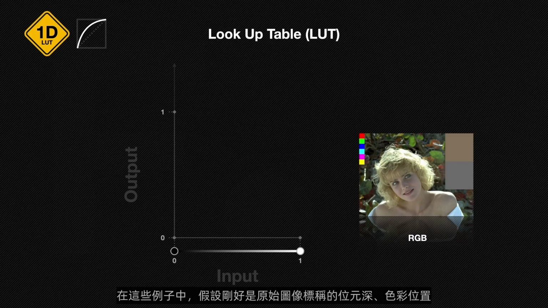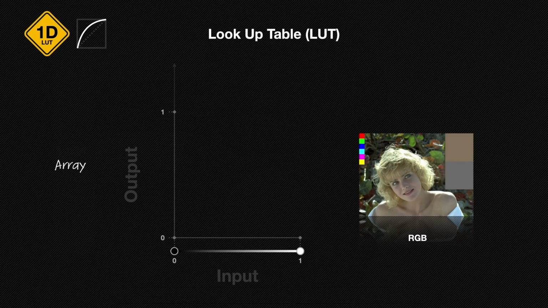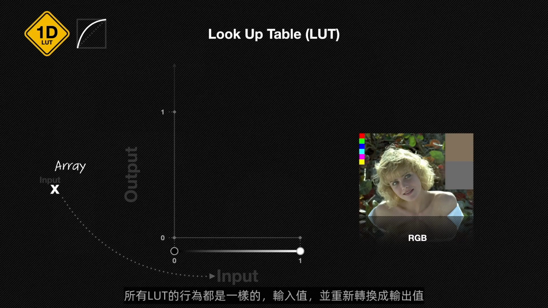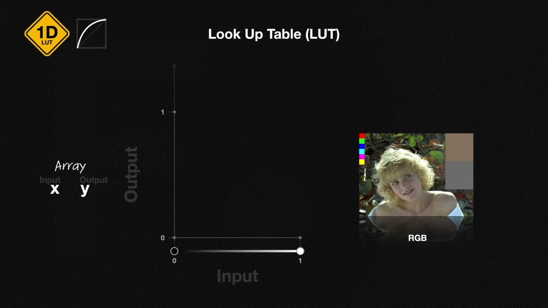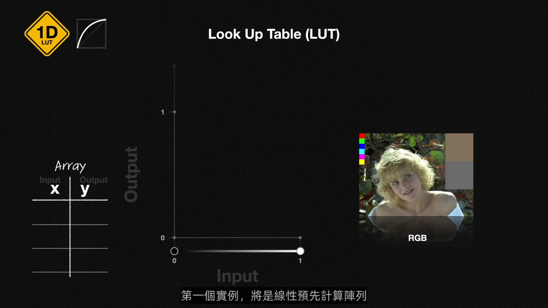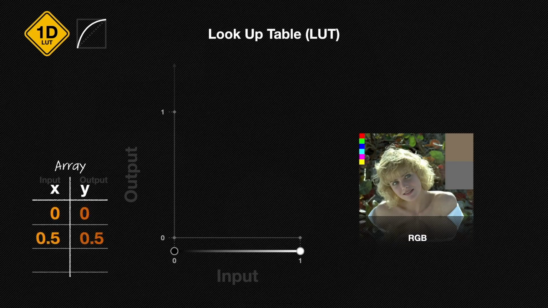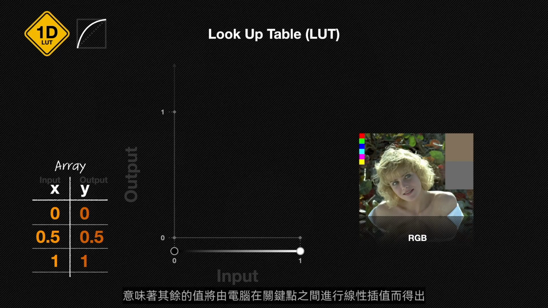So for these examples, I'm assuming just the nominal bit depth color positions of a raw image. In any case, strictly speaking, all LUTs behave the same. Input values remap into output values. The first instance is going to be a linear pre-calculated array. Here you are the values. This example LUT has only 3 keys, meaning the rest of the values will be interpolated linearly between the key